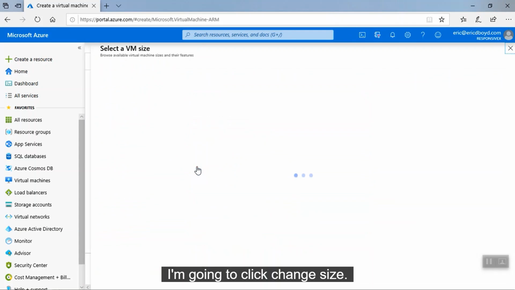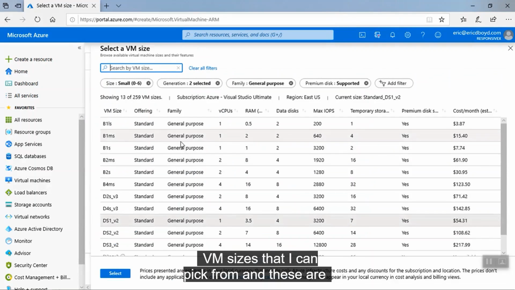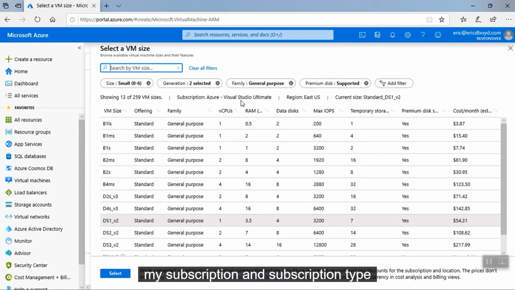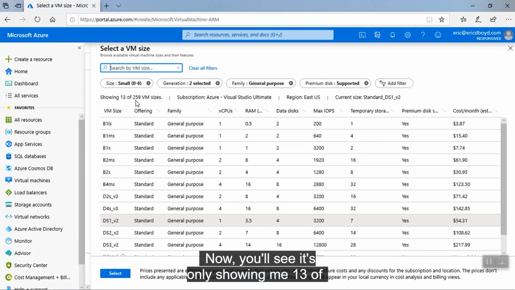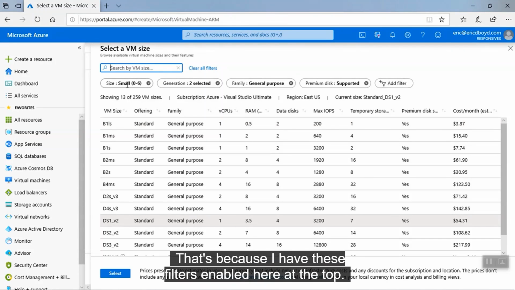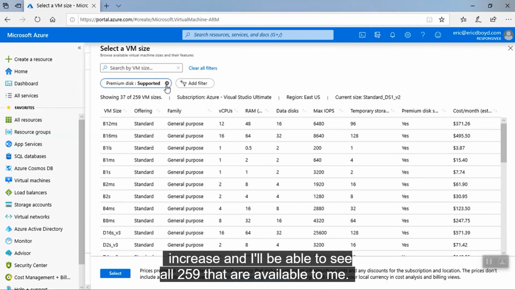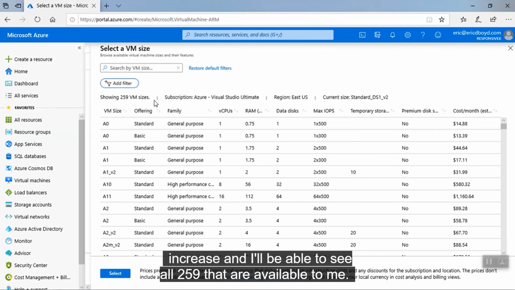I'm going to click Change Size. It'll show me the list of all the VM sizes that I could pick from. Now, these are just the sizes that are available to me in my subscription and subscription type, as well as the region that I picked. Now, you'll see it's only showing me 13 of the 259 sizes that are available to me, and that's because I have these filters enabled here at the top. If I start removing these filters, the number of sizes increase, and I'll be able to see all 259 that